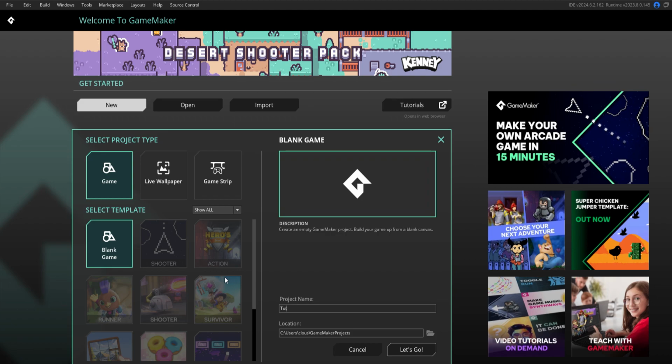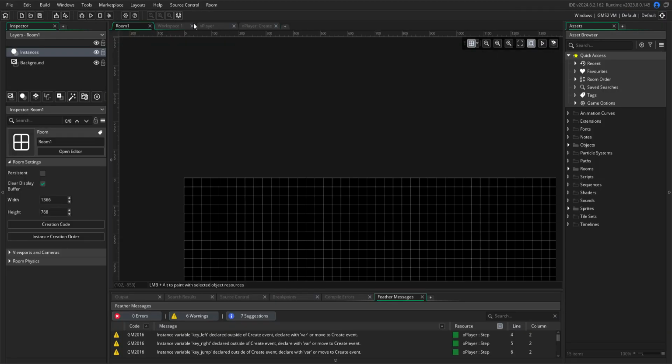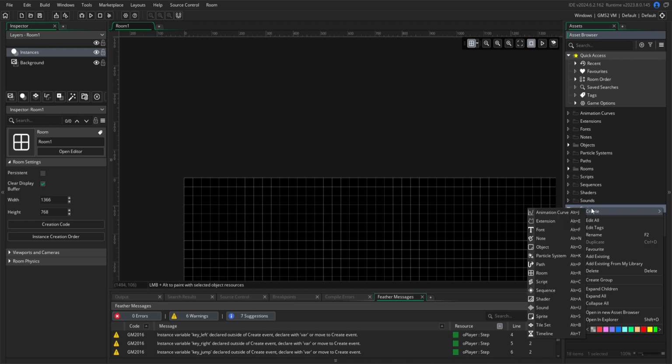to name it Tutorial Game. From there, you're going to click Let's Go. You'll open up in a blank space that looks like this. From there, you're going to click Sprites, Create